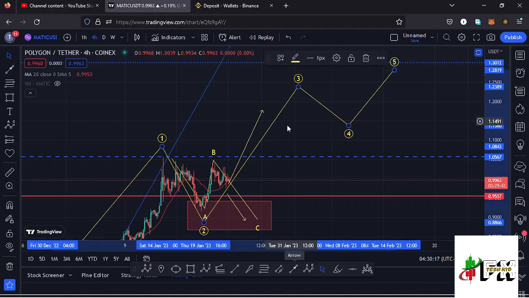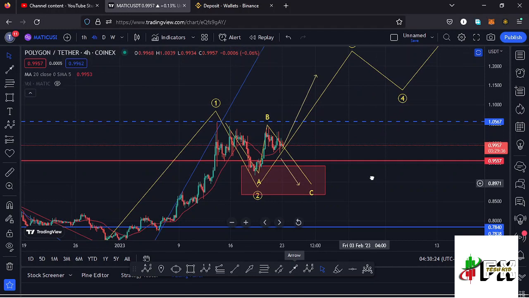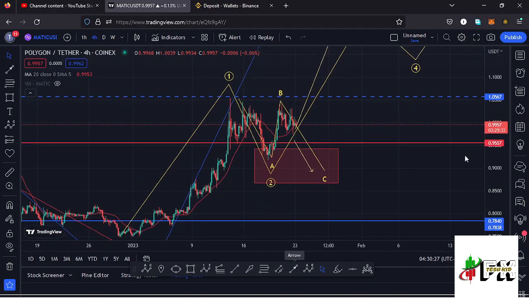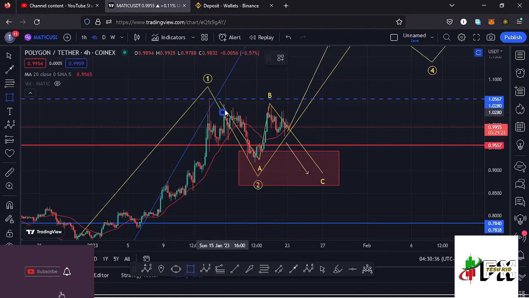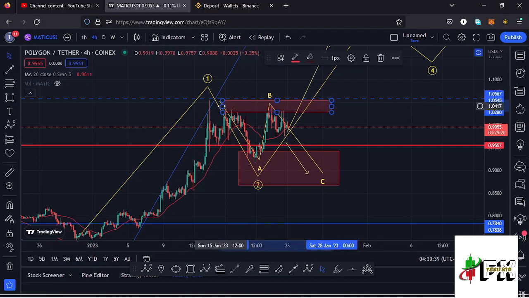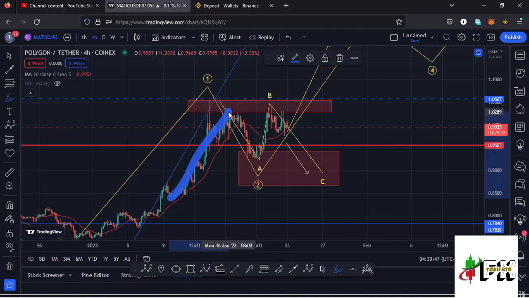But at the time of this recording, I'm in favor of seeing one more new low in the formation of that second wave into this target area down here. So that is my primary scenario, and to also support that, I have a chart pattern that is indicating a trend reversal here on the charts very soon, and I can first connect these tops that we made up here so that I can draw out the chart pattern. So we made some tops at around the $1.04 mark like that. Then we have seen our chart pattern, which is a double top, and I can connect that as the first top. Then we have seen the formation of the neckline, the second top, and I'm expecting one more new low